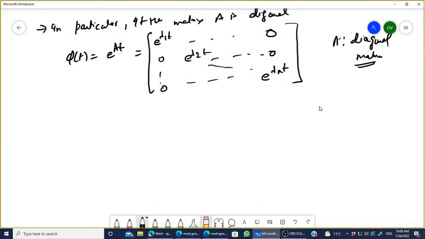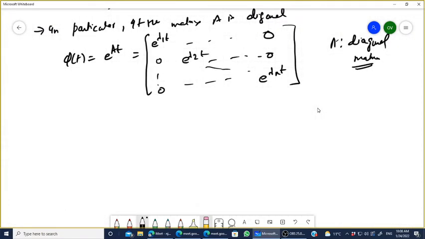If lambda 1, lambda 2, ... lambda n is not distinct, what does it mean? It means some of the eigenvalues are multiple eigenvalues. Yes or no? So what happened in that case? Let's say if there is a multiplicity